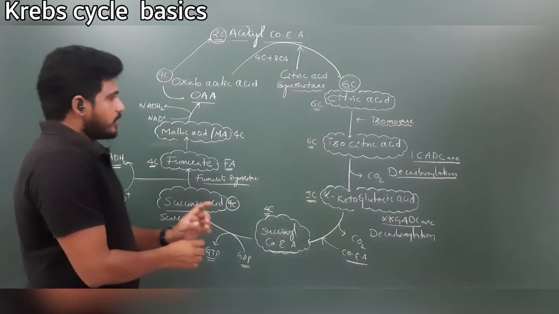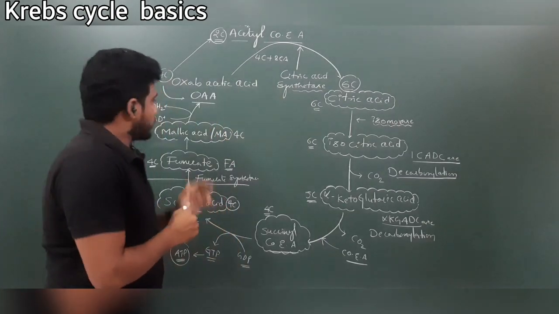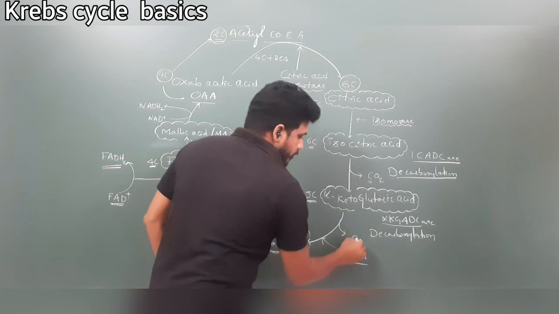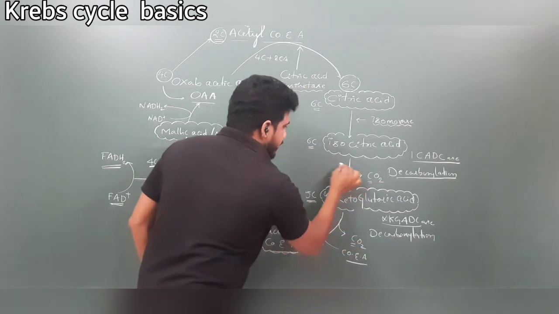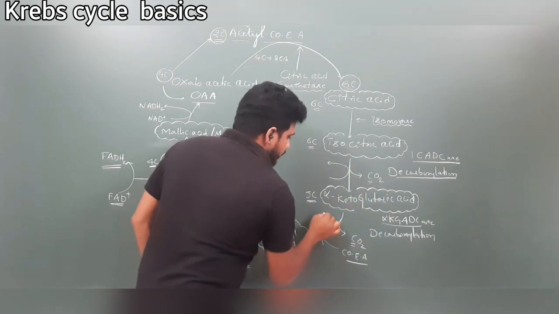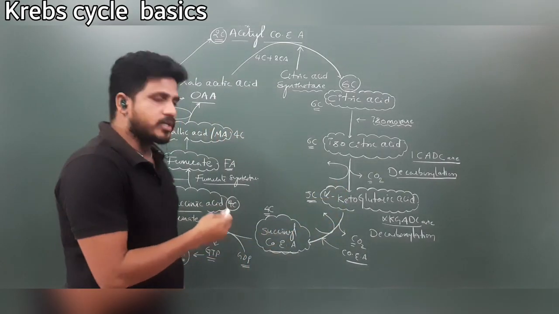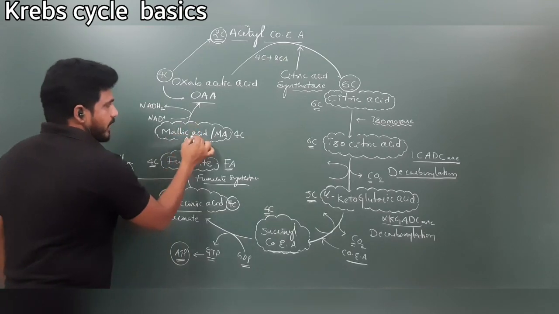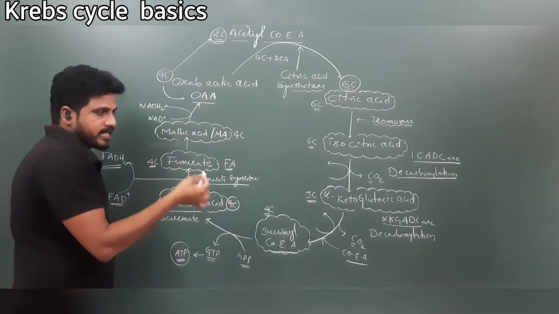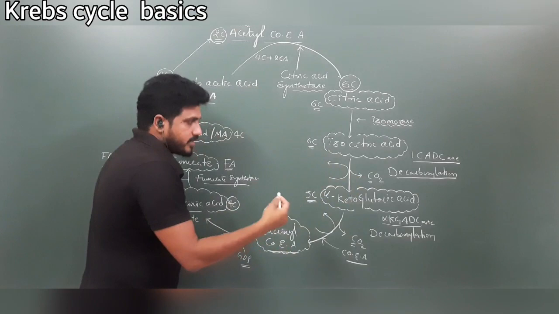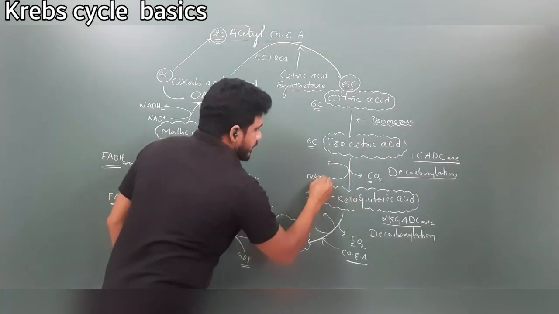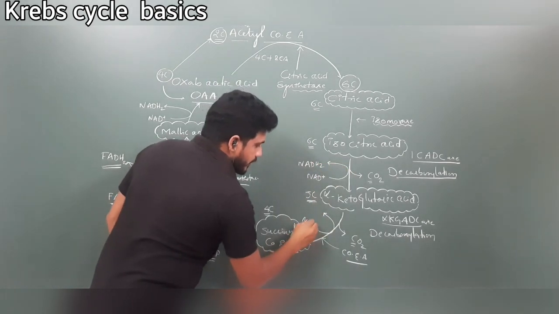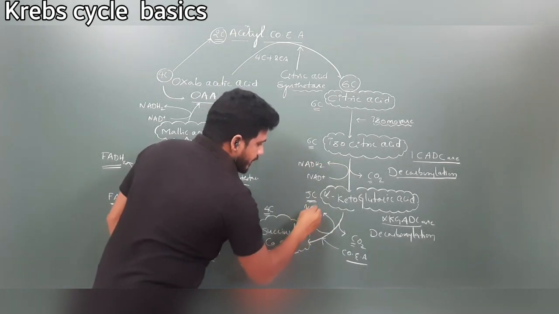See, NADH2 is formed here, but not only here. When consecutive decarboxylation takes place here also, you might have lost that knowledge if I told you at that time, but now you will understand. So NADH2 is synthesized when malic acid is converted into oxaloacetic acid, and when the two decarboxylations take place. NAD plus becomes NADH2 here also.